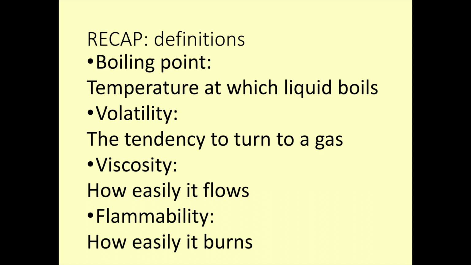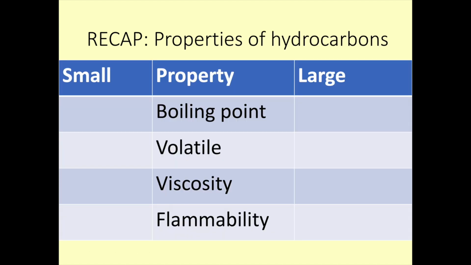The other thing to consider is colour. So I've said that tarmac is a long hydrocarbon chain, and we can see that colour being very dark, quite black. If you compare that to a shorter hydrocarbon chain, something that you might have in your house, such as vegetable oil, that's much more of a yellowy colour. So our longer chains are also darker in colour, and our smaller chains are lighter in colour. So we've just recapped those properties.